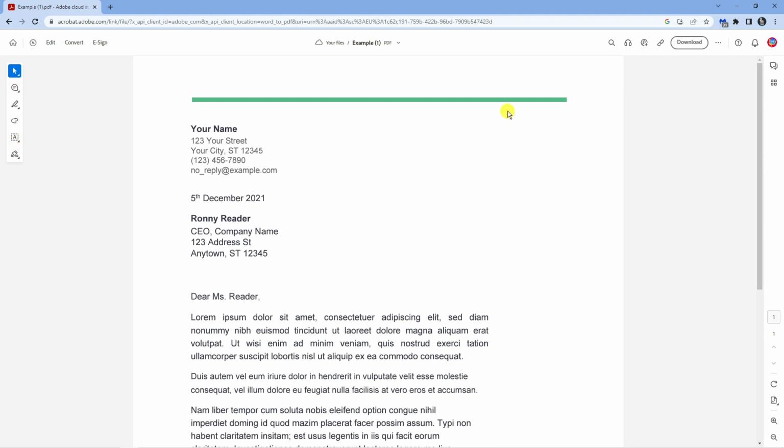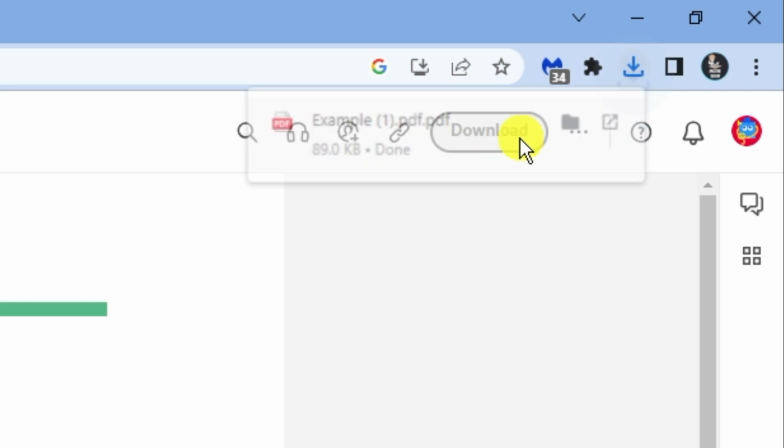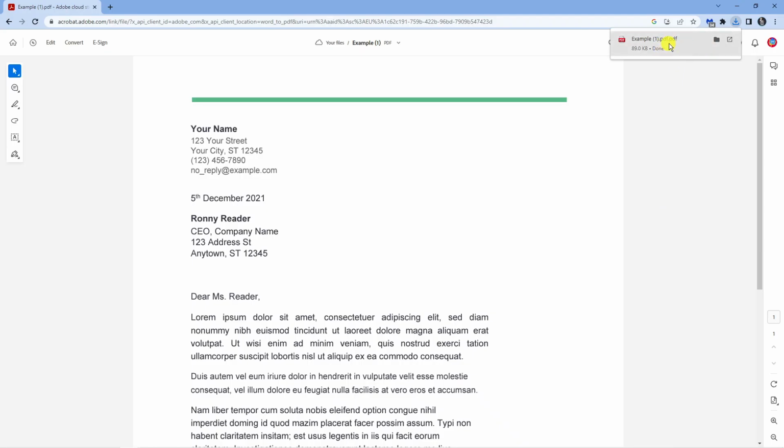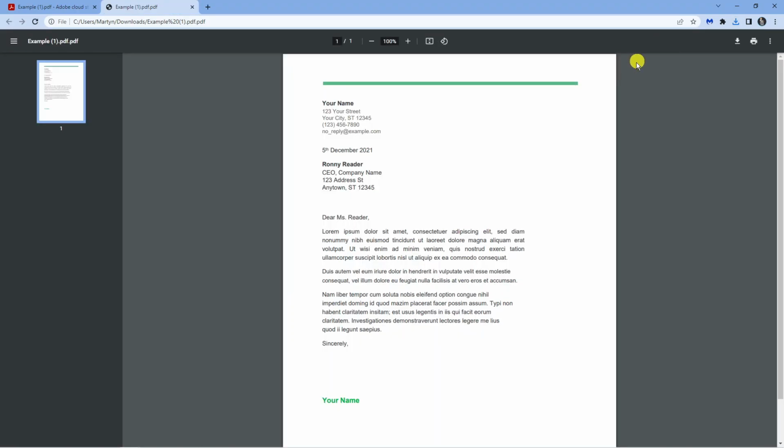Once you're happy and you want to download this as a PDF, just come up to the top right-hand corner, press the download button up here, and you'll see that's going to download this in a PDF format. If I now go ahead and open this, you can see the original Word document has now been converted to a PDF. So that's how you can convert a Word document to a PDF on your laptop for absolutely